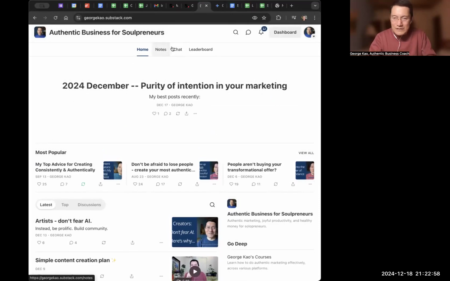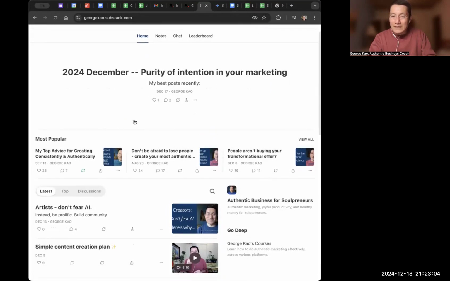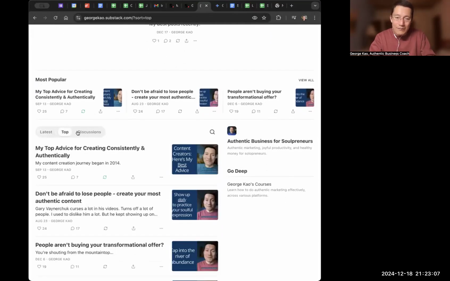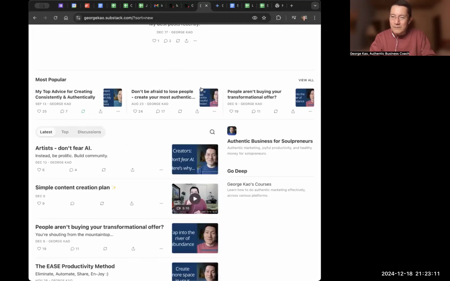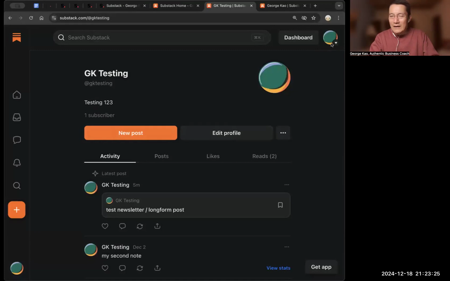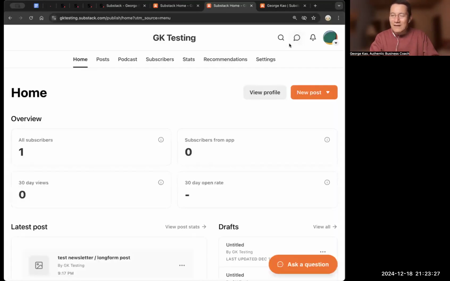Like I said, you can have notes there, you can have chat there. I don't know what leaderboard is. I have to go and take a look at that. That's actually new. But you can see the most popular post, top post, the discussions on my posts. This is not available in the basic publication type. And so this is why I recommend starting your Substack as the official so-called advanced publication. And you might say, well, George, how do I go ahead and do that? Well, in the Substack,